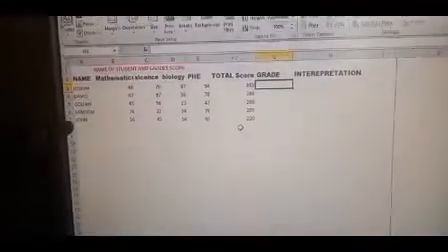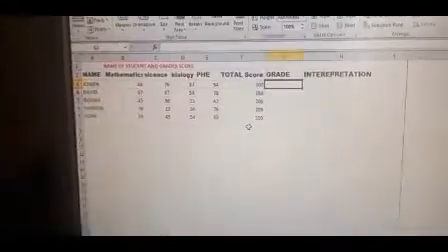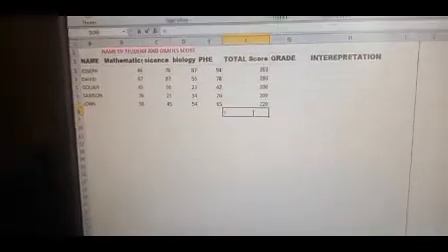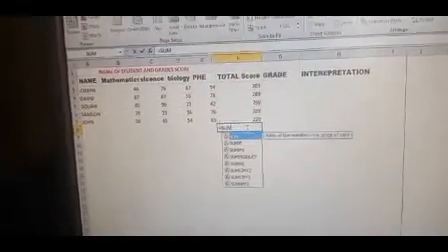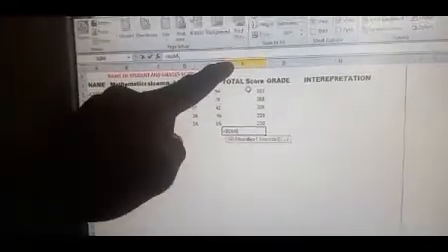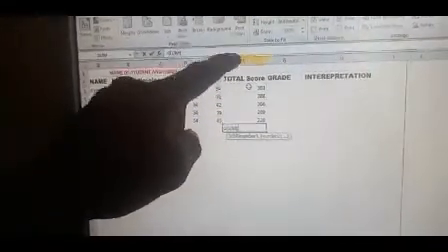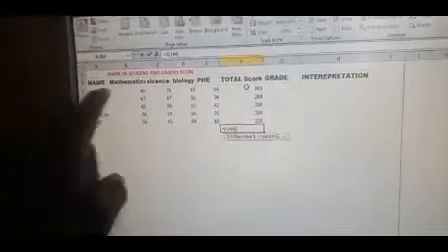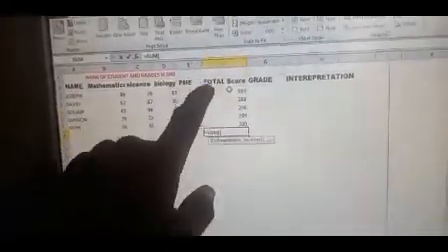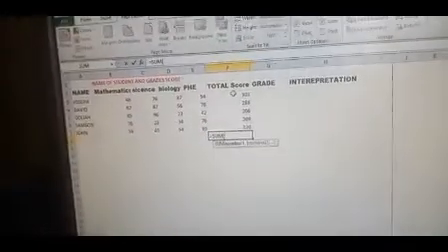Goliath, Samson, John, etc. Then you want to see the grand total for each here. Just type equals to, and put the same thing again: SUM, open the bracket. Then the starting cell. Now this is column F, so where the column meets the row here is cell F3. So we say F3